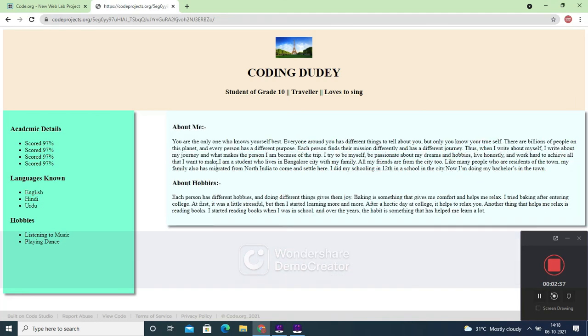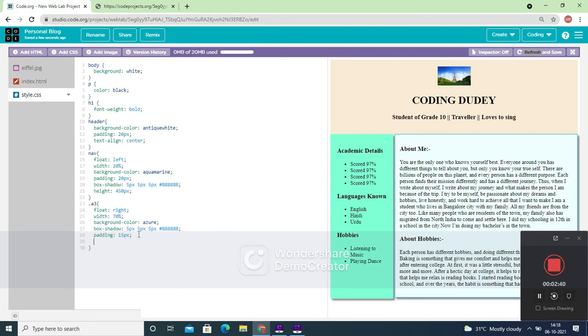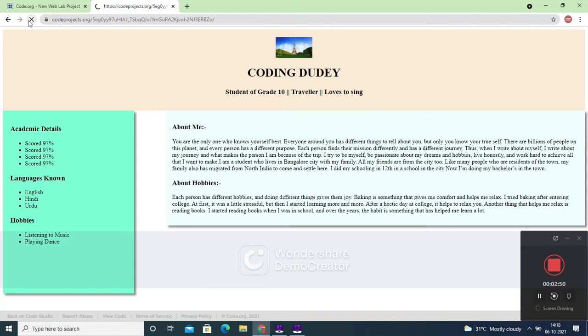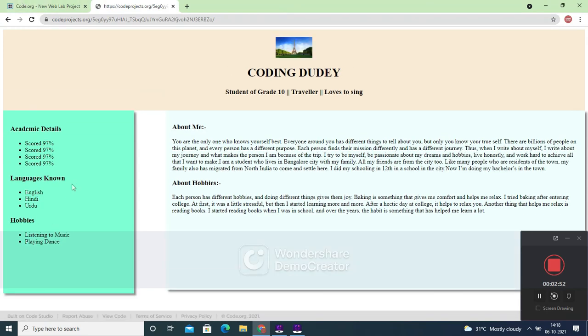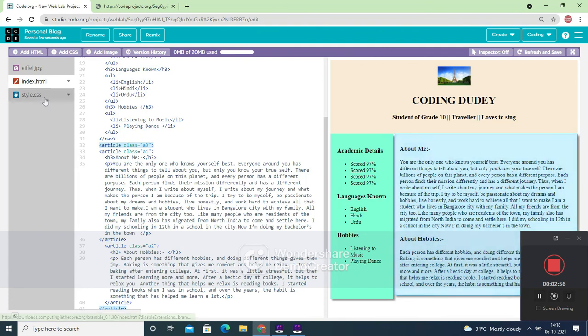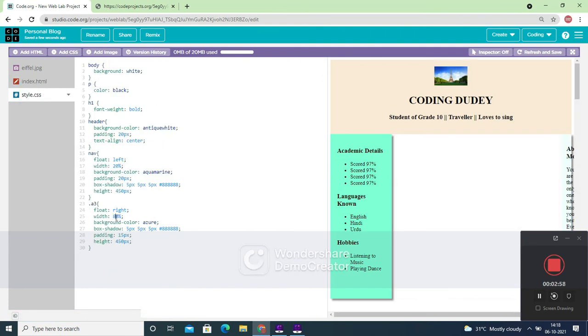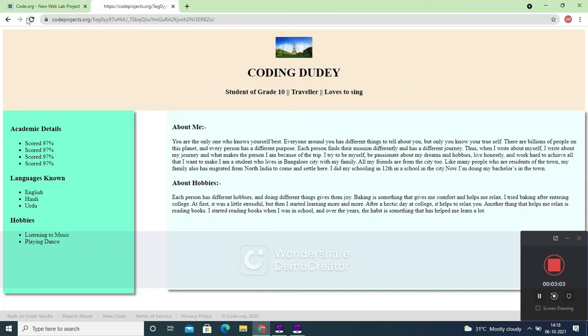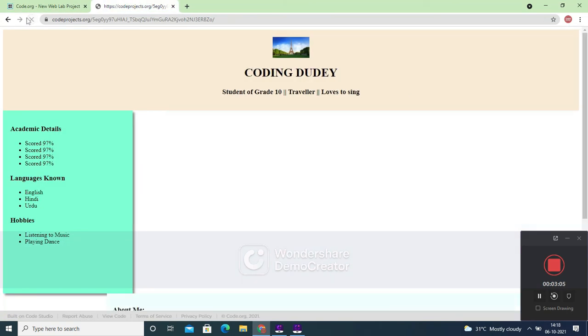I think yes. Now let's set the height to be 450px. So now these both will be the same. Okay. So now let's set the width like 70. We can just give like 80, because here I think 80 will also look good.